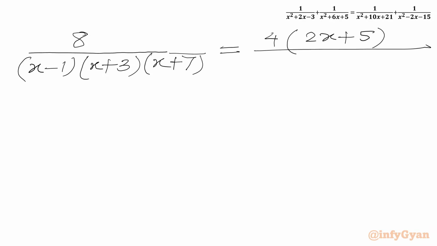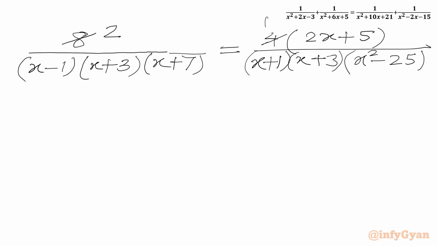And in the denominator, we'll multiply x plus 1 with x plus 3 with x plus 5 times x minus 5, which is x square minus 25. Now we will divide both sides by 4. So we will get 2 in the LHS numerator. Now we will multiply both sides by x plus 3, as x cannot be minus 3. So x plus 3 will be cancelled out from the denominator. So we will get 2 over x minus 1